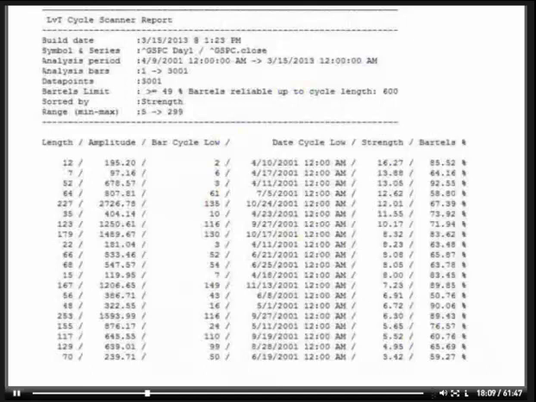With this algorithm, this is basically the raw data. It looks a little daunting, but it's pretty simple to see. This is one that I spat out a couple days ago. I was analyzing the S&P, and the S&P will be the majority of the examples for today. I'm looking at a lot of different filters for the data. I'm only looking at about 3,000 bars, from about 2001 to now.